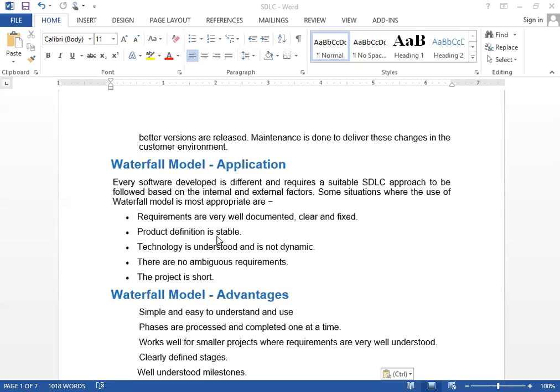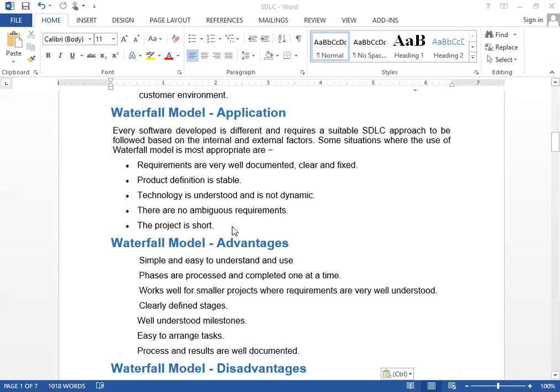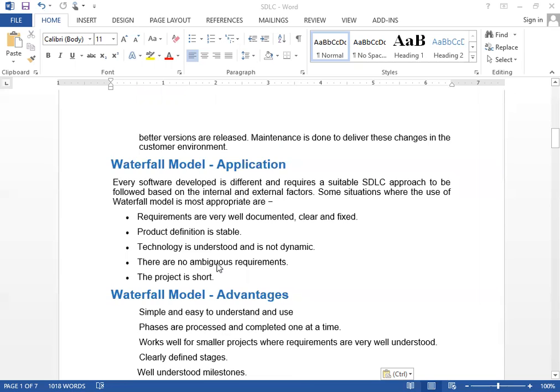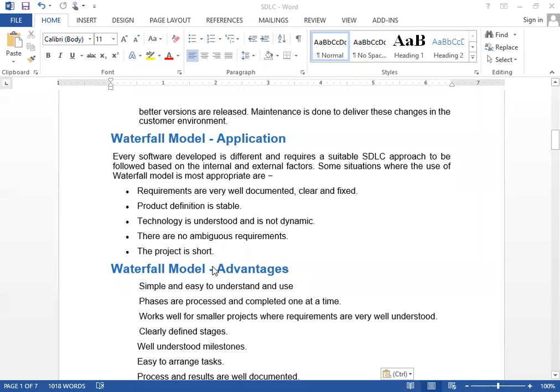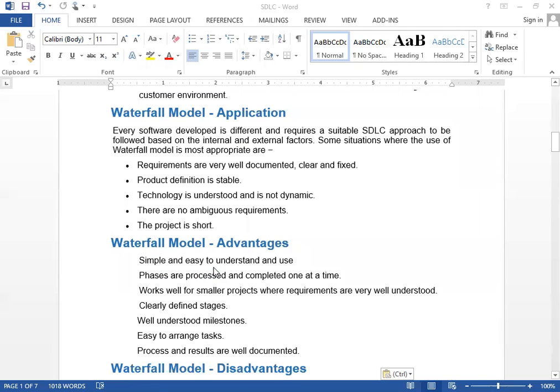Then there are some advantages of the waterfall model. It's simple and easy to understand and use, because all the phases work separately. Phases are processed and completed one at a time.